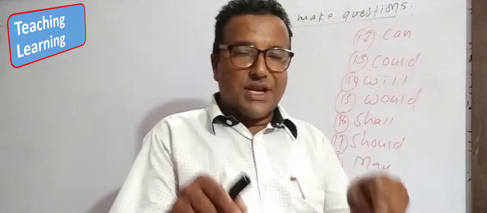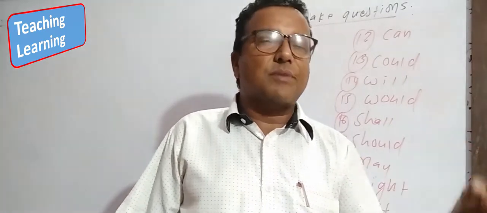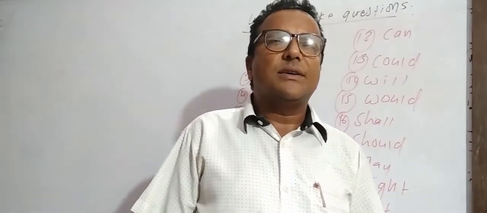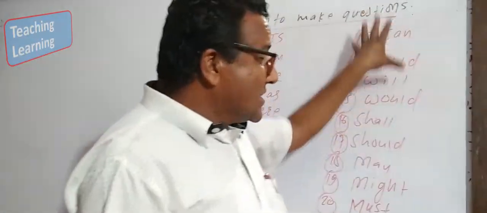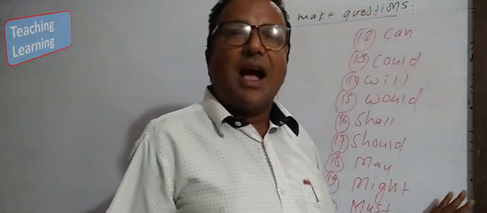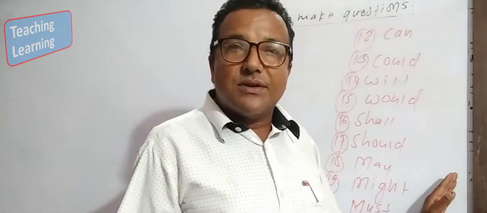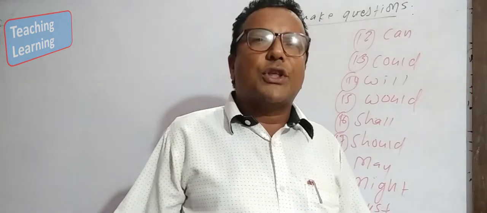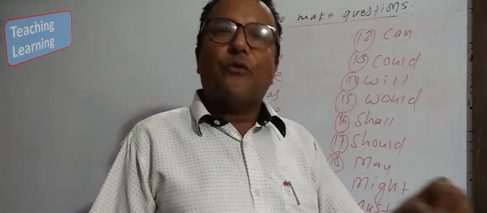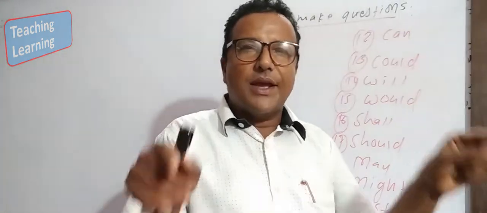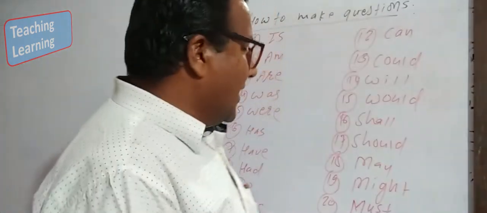Today, I am going to say something about some rules to make the yes no question. These auxiliary verbs are used in front of the sentence to make a yes no question. But we have to know the rules also. We don't have to use zigzag. It has one pattern to make a complete interrogative sentence. Yes no interrogative. Look here.